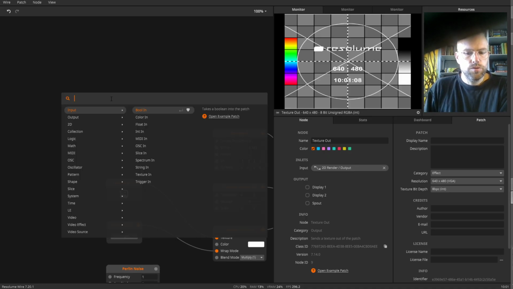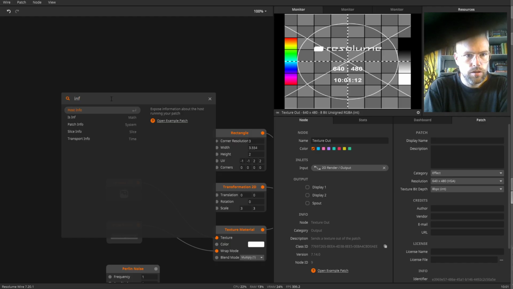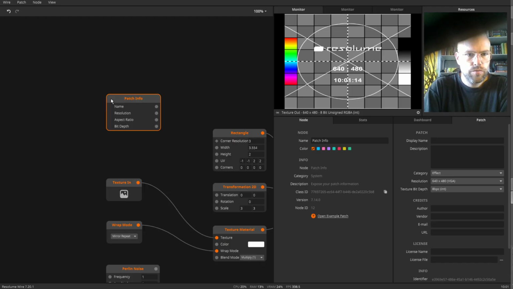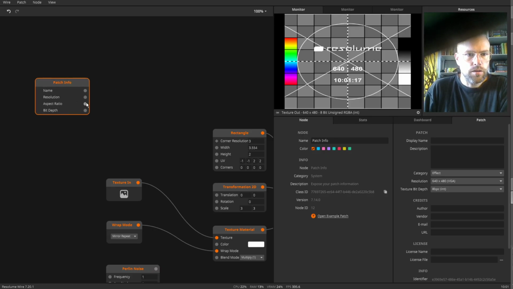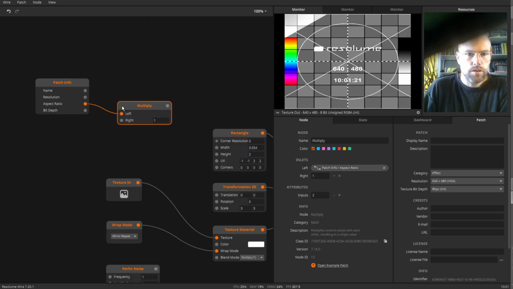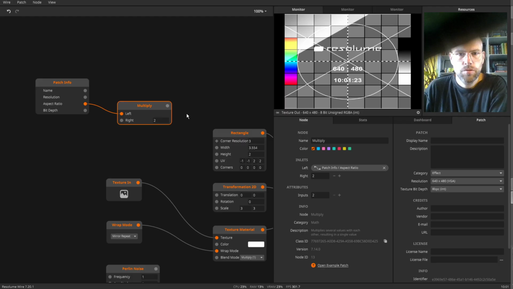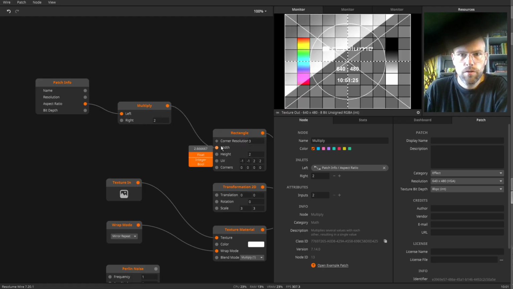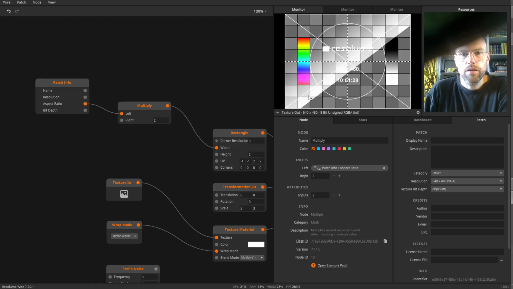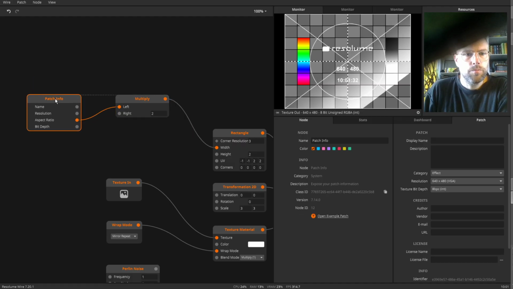So what we have to do for that is get our aspect ratio. So we need info, patch info. And here we can see our aspect ratio. If we multiply this one now by 2 and insert it in our width, now you see everything is aligning again and square. The problem is this operation only works for landscape compositions,